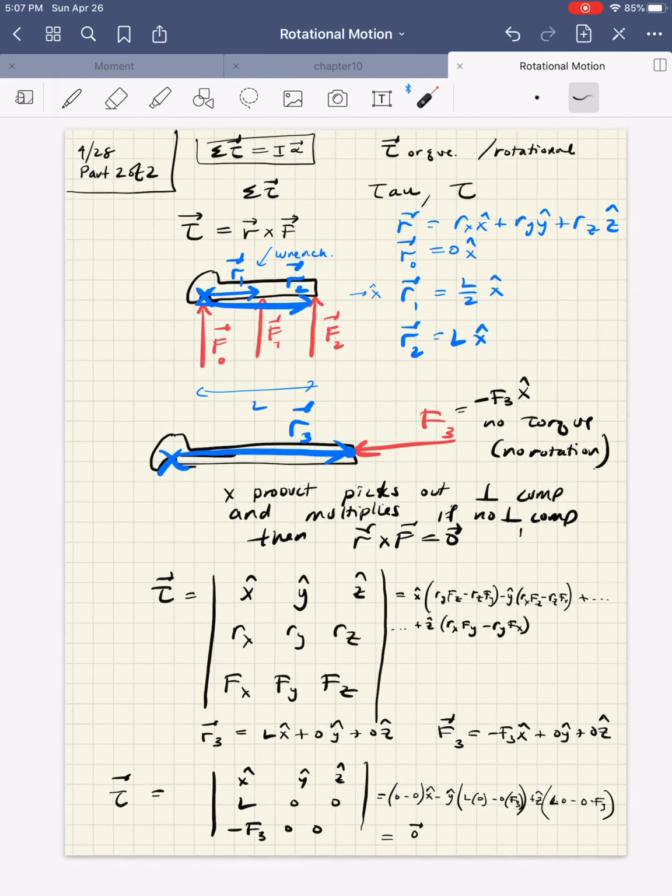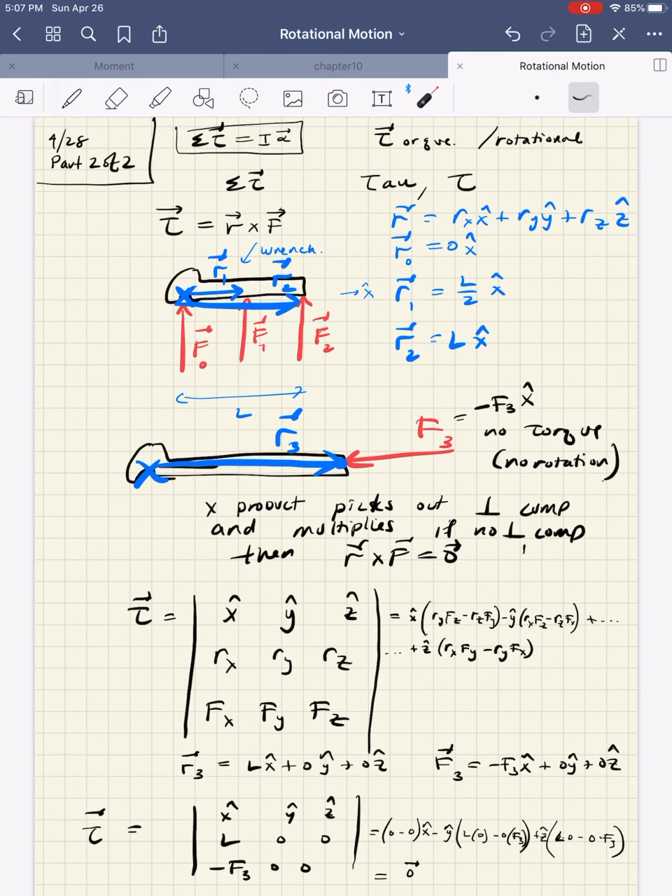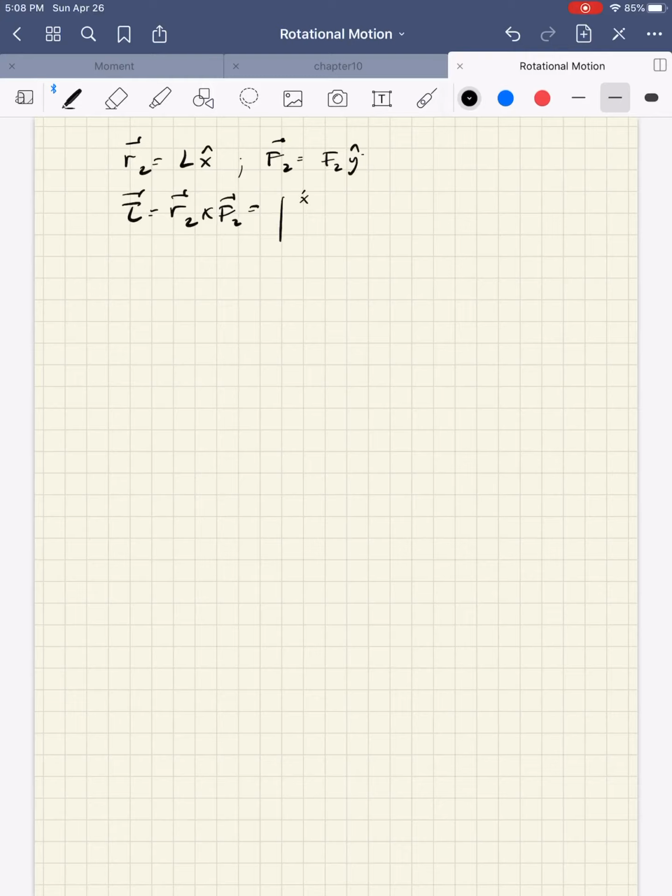Okay. So just getting started here, just warming up. We've seen kind of the opposite case here, where F sub 2 has a perpendicular component. I could see that R sub 2 crossed with F sub 2 would give me an actual torque. So let's look at that one really quickly. R sub 2 was equal to L x hat, and let's say that F sub 2 is equal to positive F2 in the y hat. The determinant then, or the torque from these two vectors alone, would look like